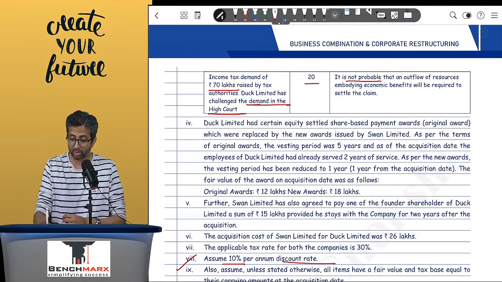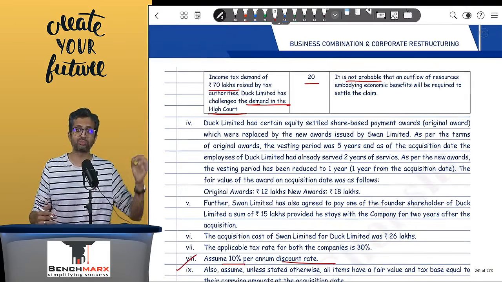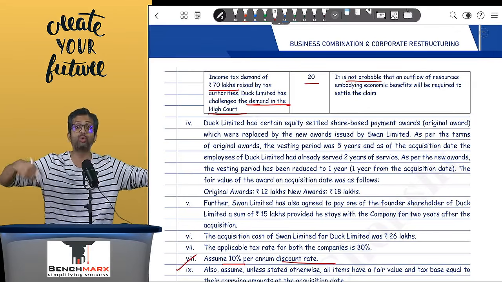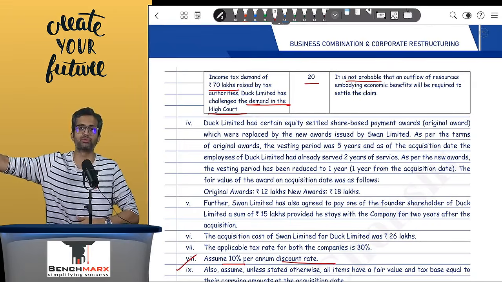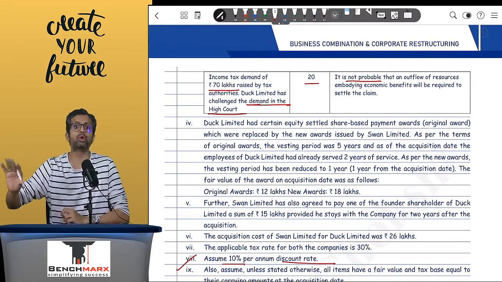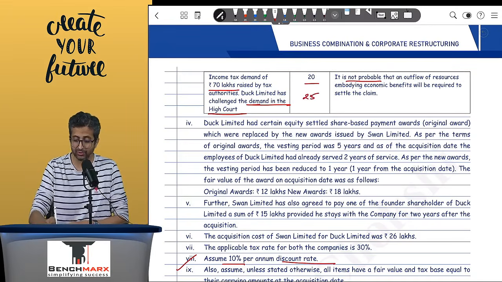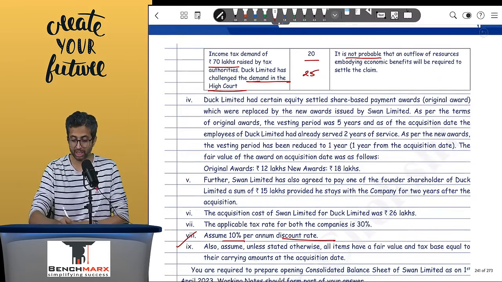Again, it is not probable that an outflow of resources would be required. They have not mentioned anything regarding tax, but remember, income tax is not itself allowed as a deduction while calculating income tax. So if you pay based on this demand, that will not reduce your taxable profit of the future years, and hence there will be no tax consequence over here. But still, is it a part of my net assets? Well, yes. And hence at fair value, 5 and 20, that is 25, would be pertaining to the net assets